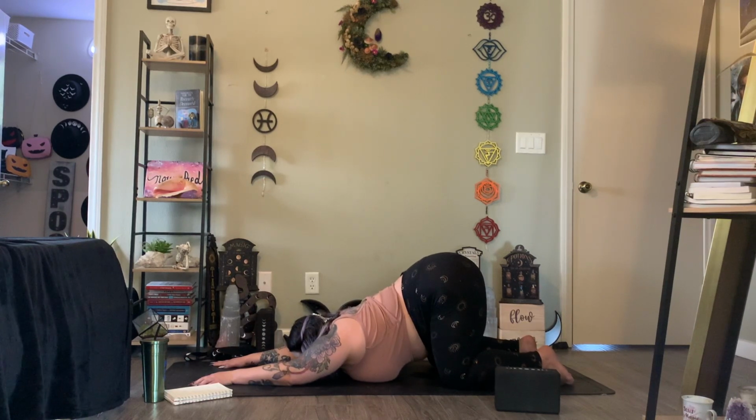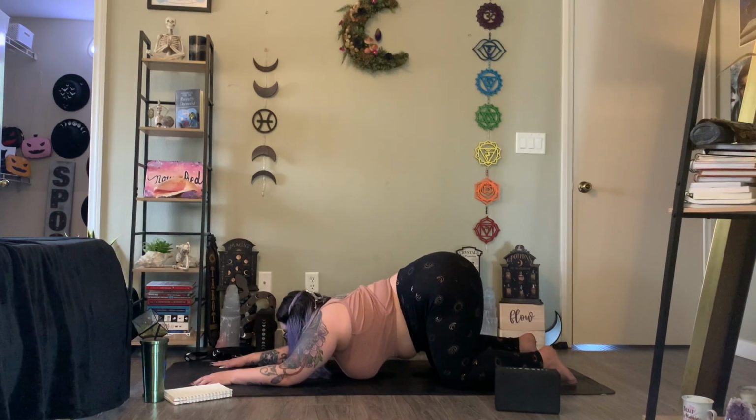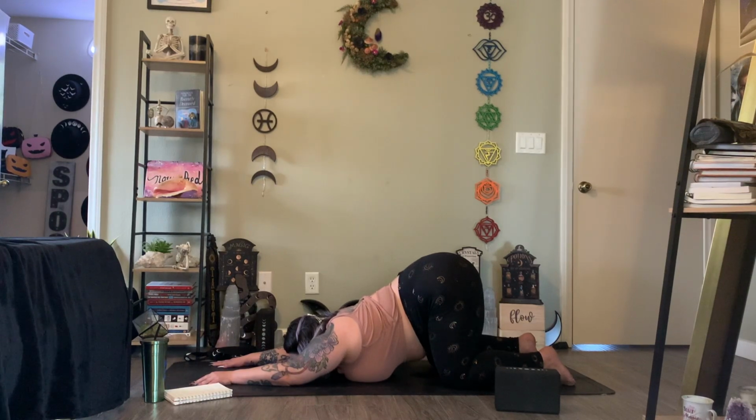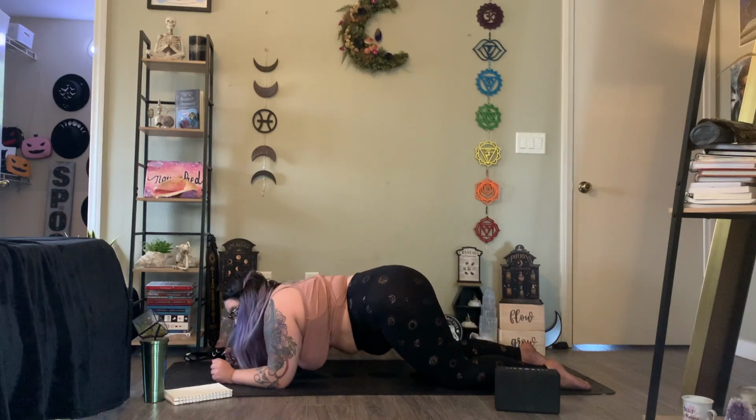And we're finding this puppy pose here, and we're going to hold it. So I want you to breathe here, trying to touch that heart chakra to the mat. You can also place a block underneath that heart if your chest isn't reaching the mat. Breathing here. Take one more big inhale, and exhale, you're just going to slide forward nice and slow all the way down